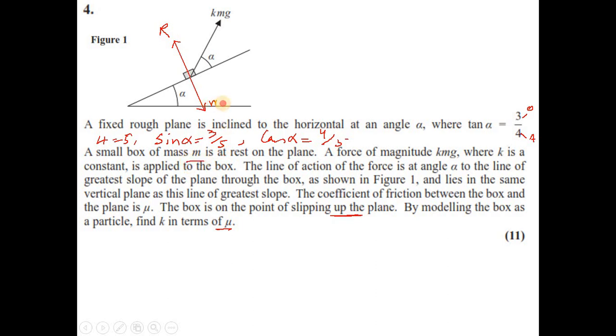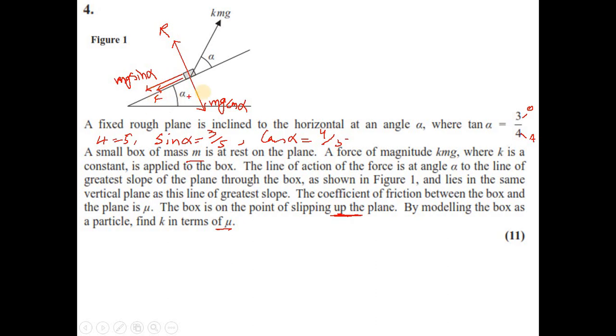So this is mg cos alpha, and down the plane we have another component of weight, which is mg sin alpha. And as the particle is at the point of slipping up the plane, that means we have friction acting down,